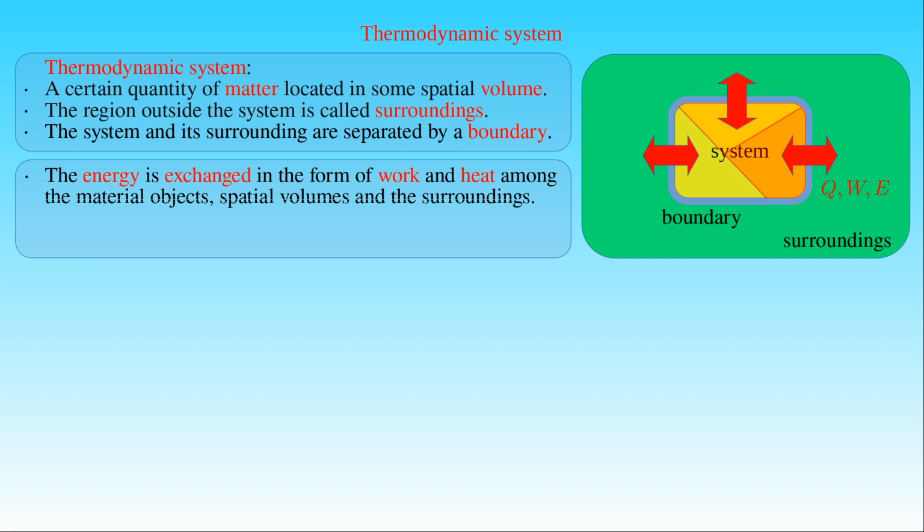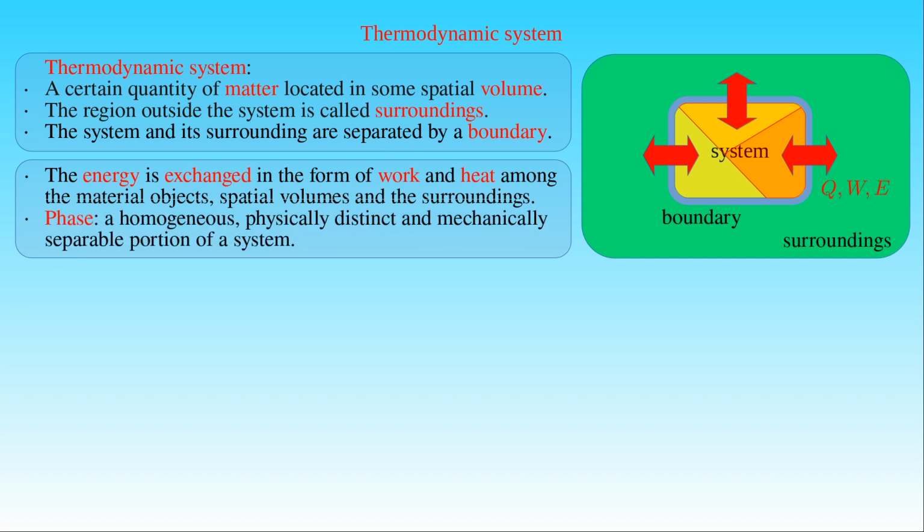We have already seen that Gibbs studied collections of bodies which were solid, liquid, gas, or some combination of these states. Such a description applying the state of matter shows that we can classify thermodynamic systems based on the macroscopic properties of regions within them. If we define the concept of phase as a homogeneous, physically distinct, and mechanically separable portion of a system, then this classification becomes simple. In this respect we deal with two types of systems, homogeneous thermodynamic systems and heterogeneous ones.